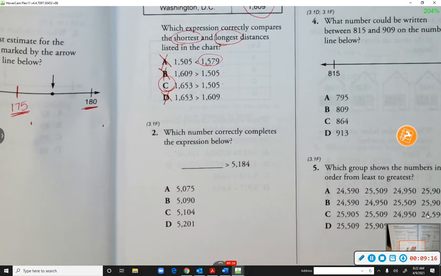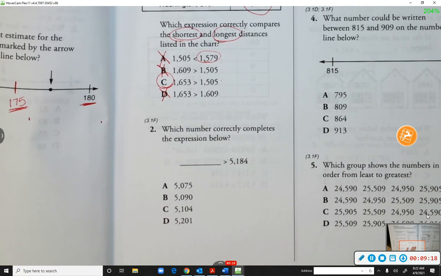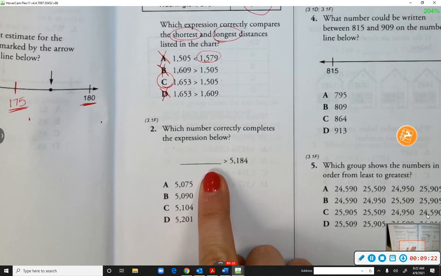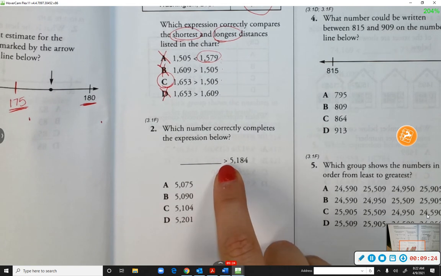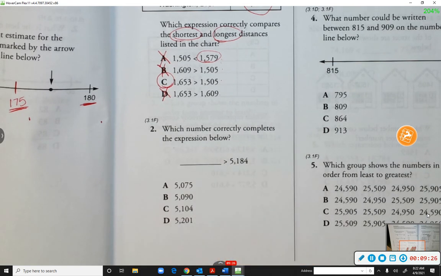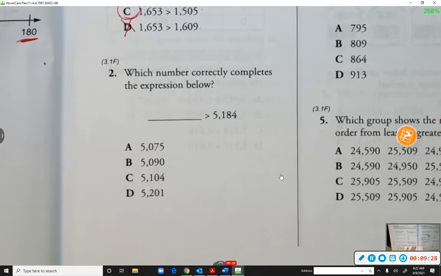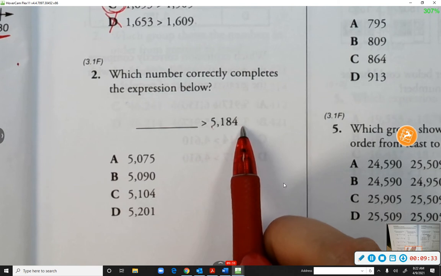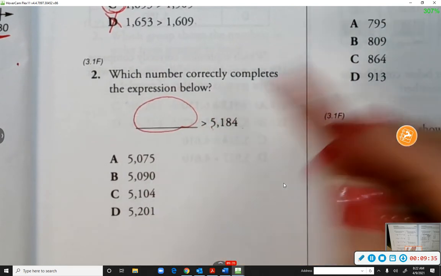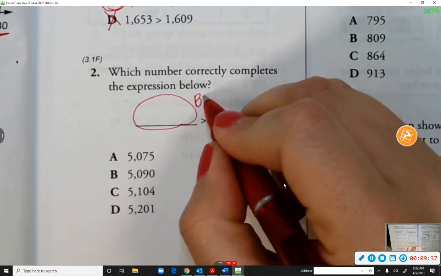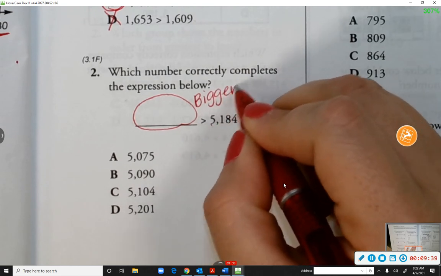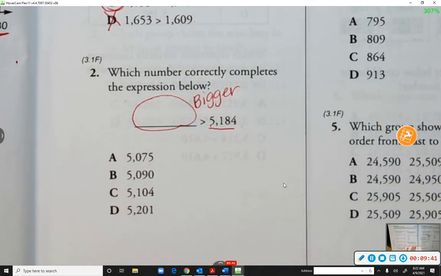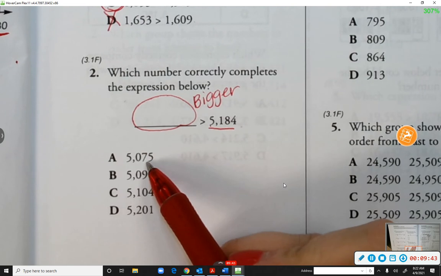Okay? Number 2, which number correctly compares or completes the expression below? How would we say this symbol? Kelsey? Greater than. 5,184. So this number over here has to be the bigger number, right? It has to be bigger than 5,184. Okay? So